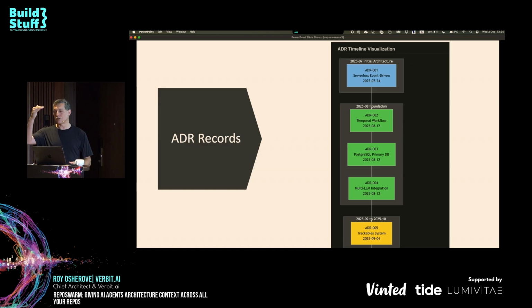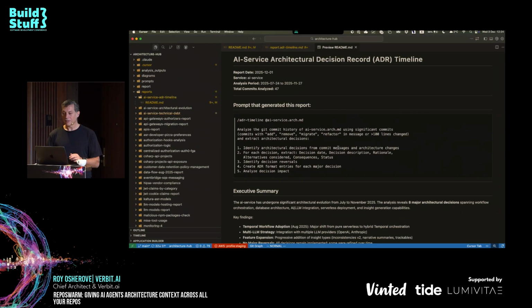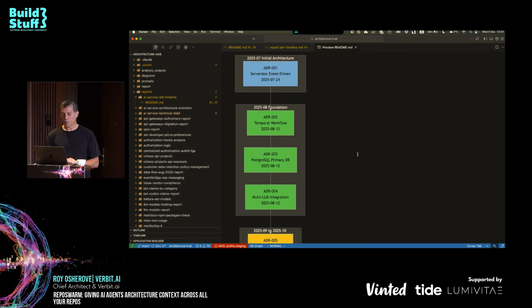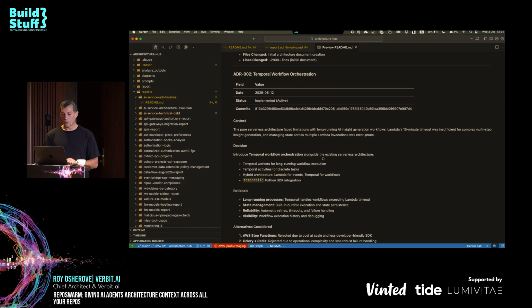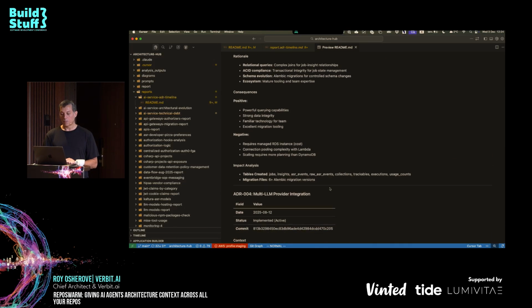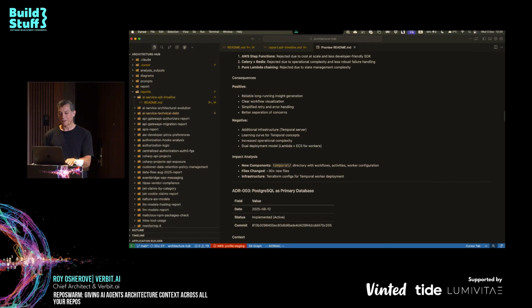The other way to see it is just to look at the Git history, which most of us do not really do. But this is a really good way to document that stuff. So this is an example of that exact decision record. You can see here what created it, what files were changed, what dependencies were created, etc. I'm not going to share too much of that because